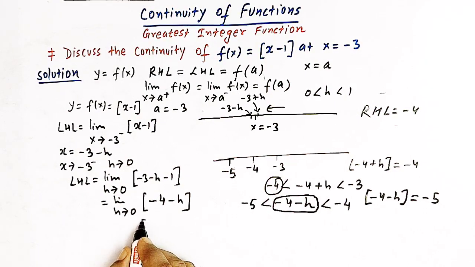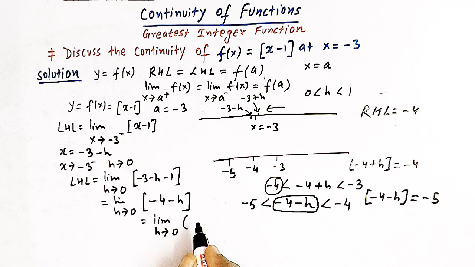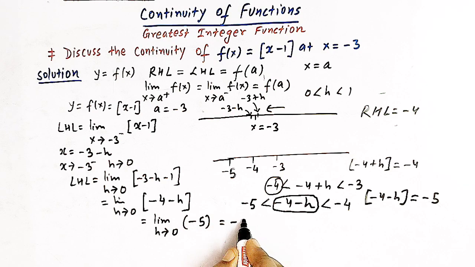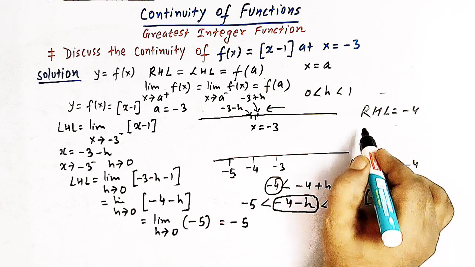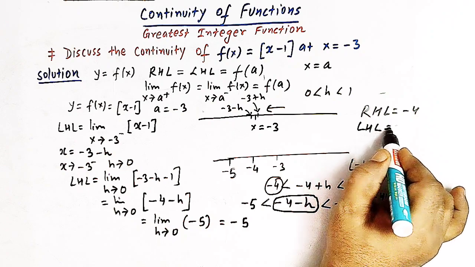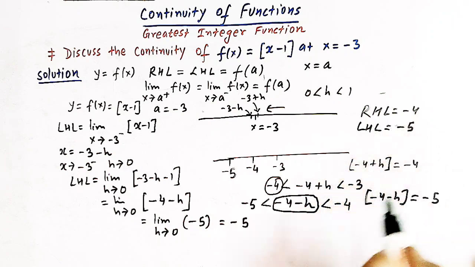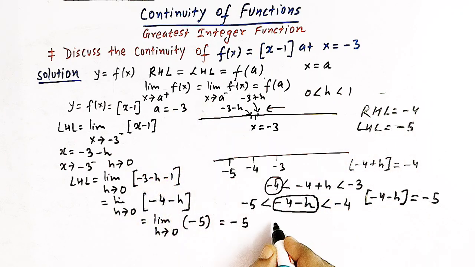So now this limit, that is the left hand limit, is equal to limit h tends to 0, and here we have minus 5. So this is equal to minus 5, because here we do not have a quantity which depends on h, so this limit is equal to minus 5. So the left hand limit is equal to minus 5, and now the value of the function, that is f